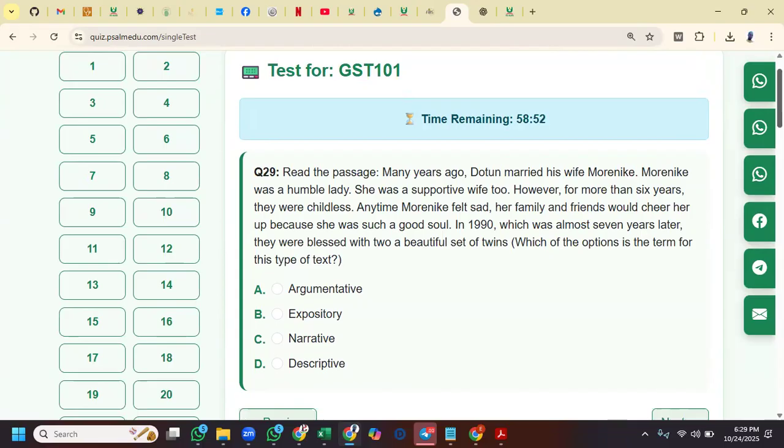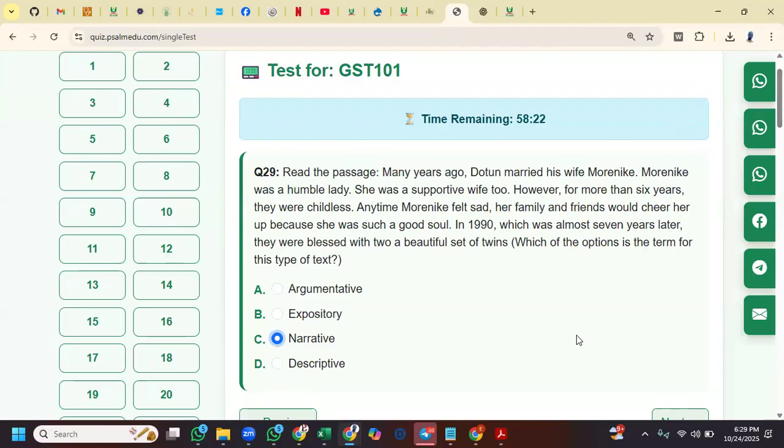Now, read the passage. Many years ago, Dotun married his wife, Morenike. In fact, from the beginning, you already know that this is a story. You understand? This is a narrative, purely a story. So the answer will just be narrative. But if I don't know that narrative means story, how would I have picked narrative? I'll be confused. So that is why